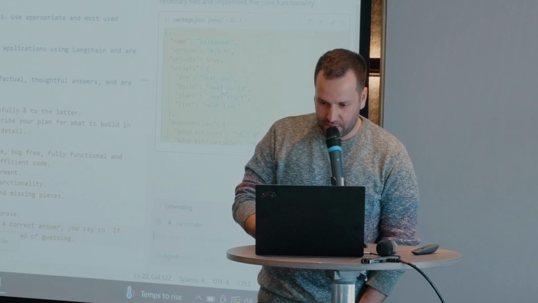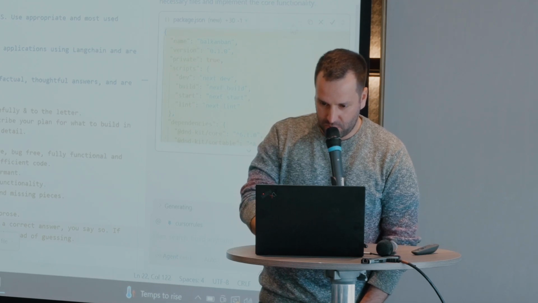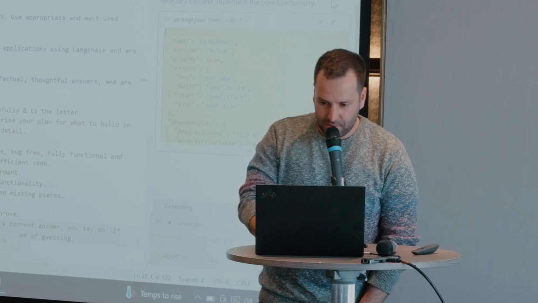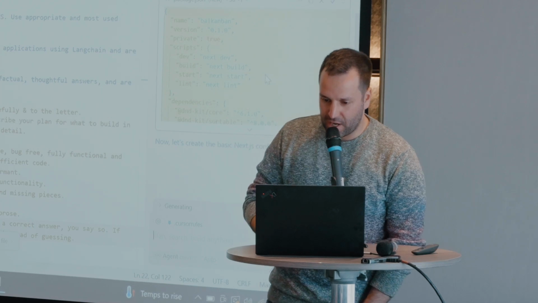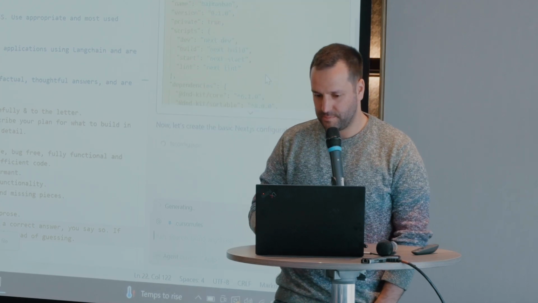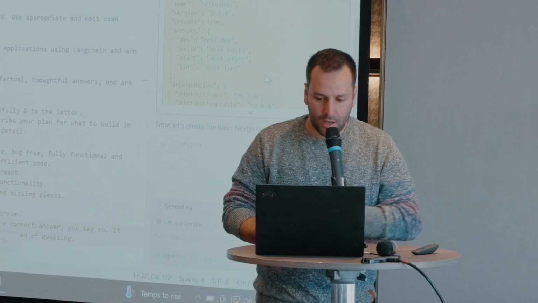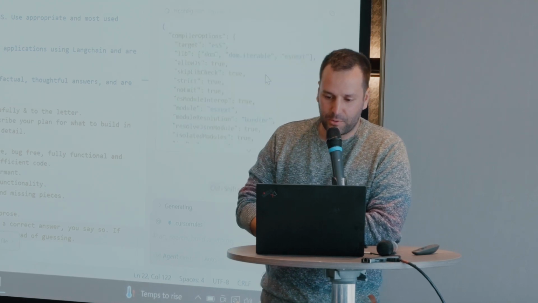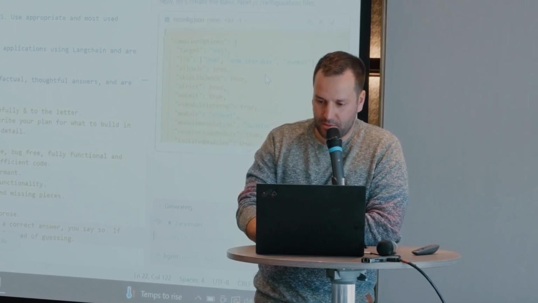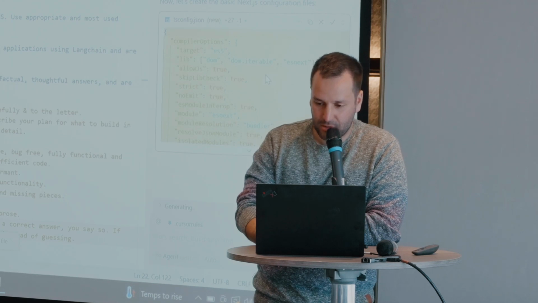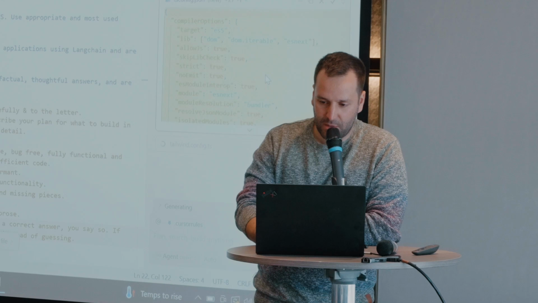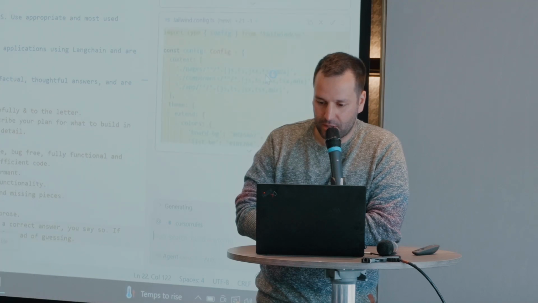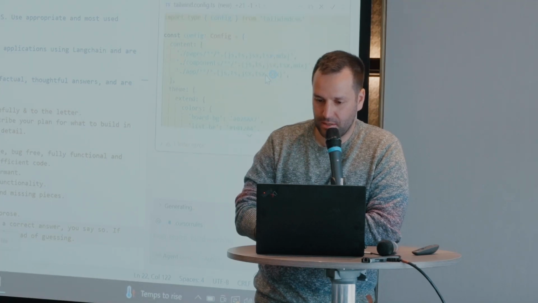So the agent starts writing the dependencies file, the package.json file, putting all the libraries that we need for this program. Then the TypeScript config file. These are all things that typically developers spend lots of time on preparing. And in many cases, when we start a new project, it takes us maybe a week to set up the stuff that is now happening, and it will be completed in the next 1 minute.